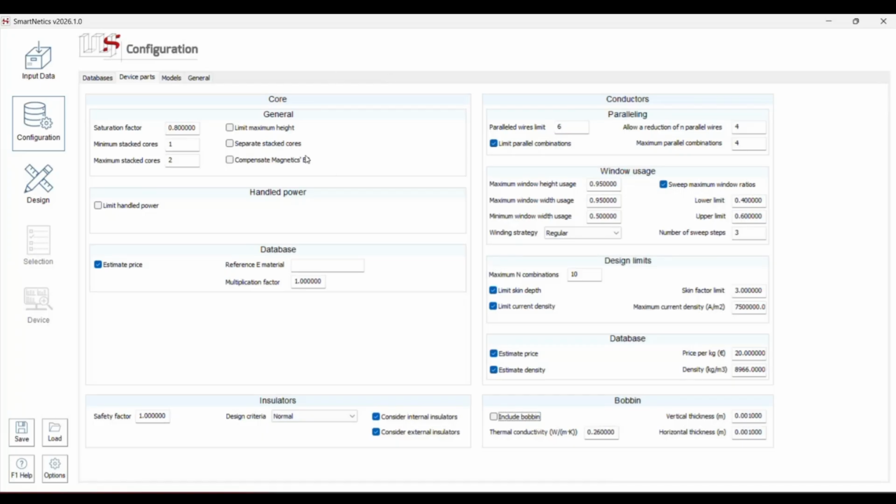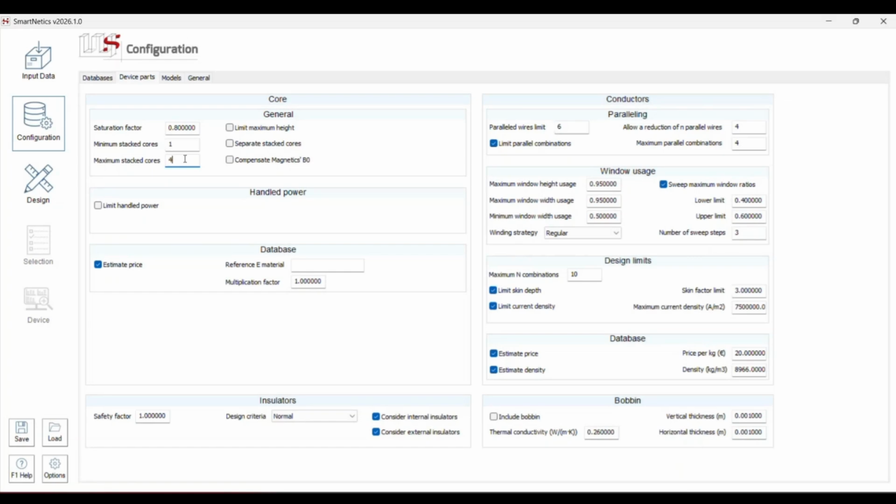The only thing I'm going to change is in here. I know I am restricted to a particular geometry, the E55 I selected before, but I don't have a particular restriction on how many cores I can stack in parallel. So for this example, I will increase this, okay? Because the current and the voltage are high enough to need more cores, okay?